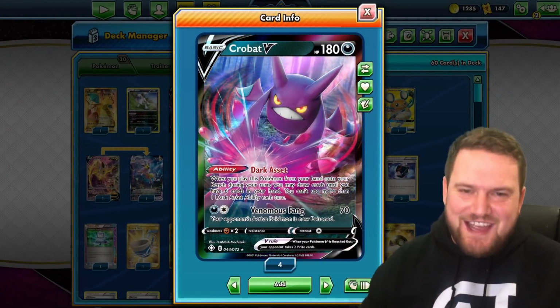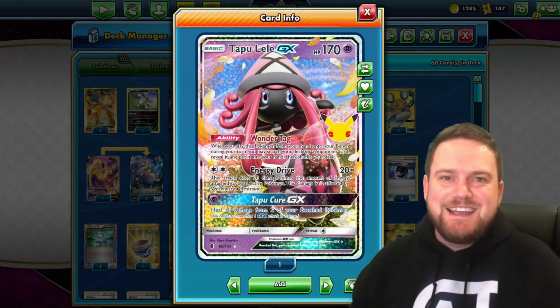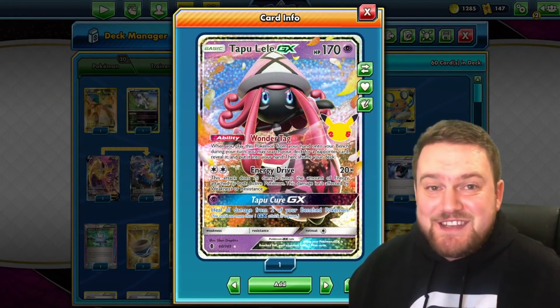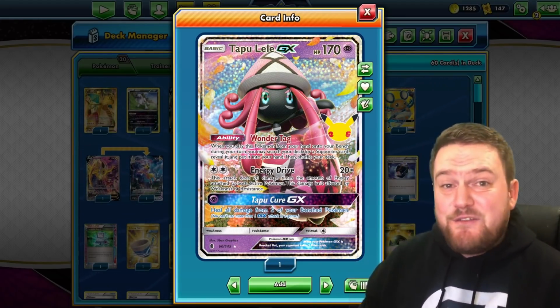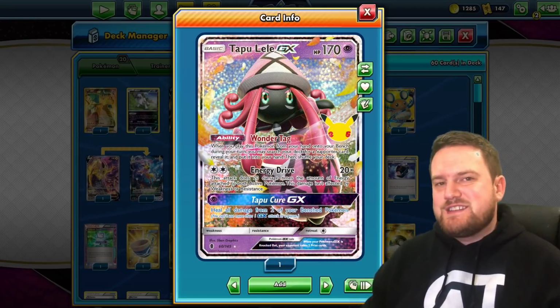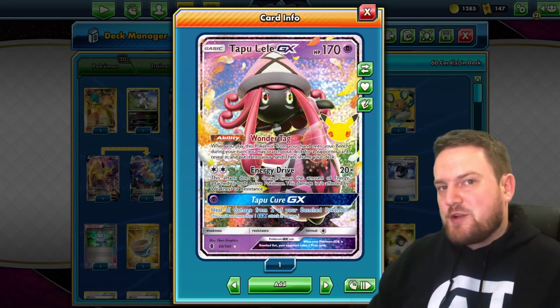We also have support Pokemon from the expanded format, things like Tapu Lele-GX, which you might remember from the Celebration set, the Wonder Tag ability. We play this down and can search our deck for a supporter card of our choice. This is very similar, if you've been paying attention to the next set of Pokemon cards that comes out, to the new Lumineon V,